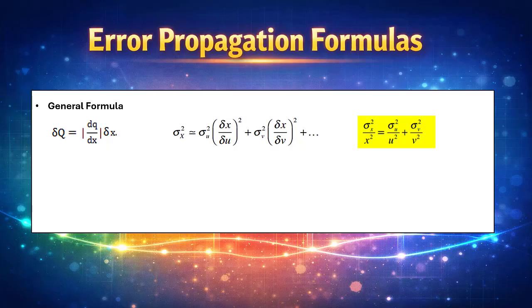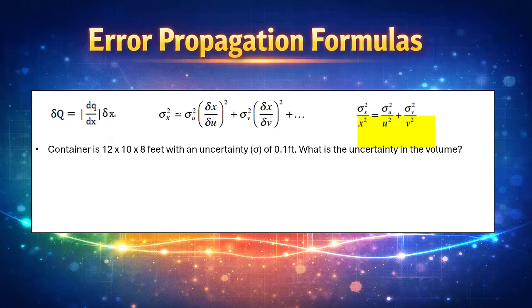Now let's look at an example. A shipping container is 12 by 10 by 8 feet with an uncertainty of 0.1 feet. What is the uncertainty in the volume? Calculating the volume, we get 960 feet cubed. Our partial derivatives are not equal to 1, so we'll need to use this formula. Plugging in our numbers, we get